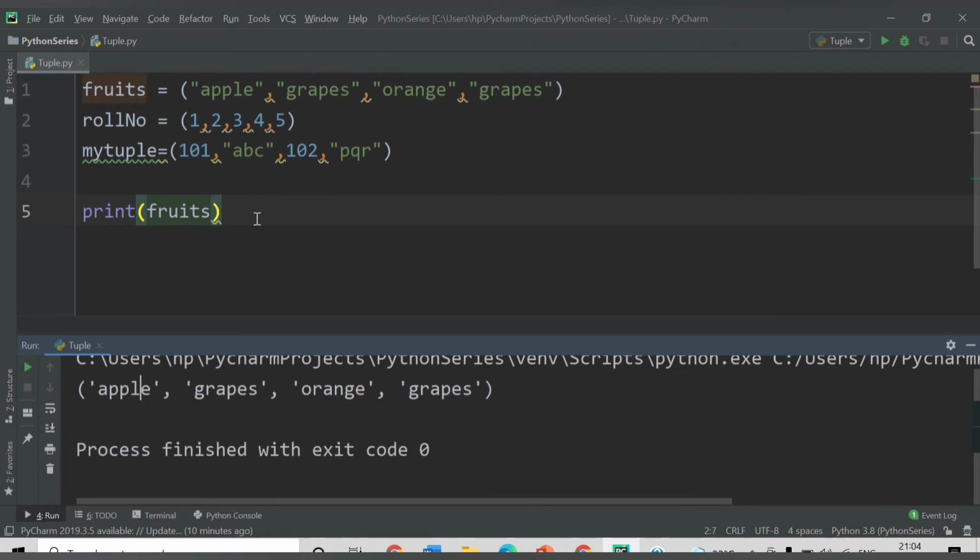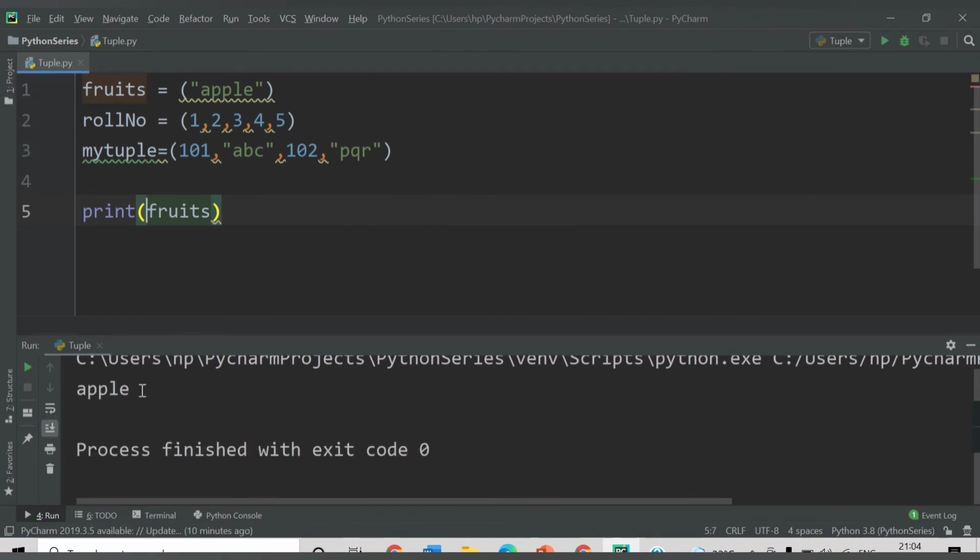One more thing you can check: if you want to provide only a single value, let's say in fruits I have only one value, which is apple, and I print fruits now. It is printing correctly, right? We have only one value. But if I try to print the type of fruits, it should be tuple, right?